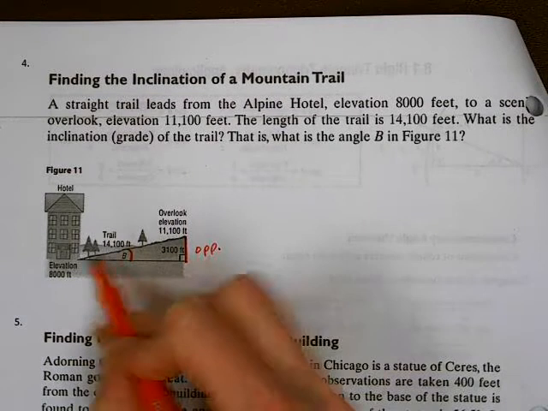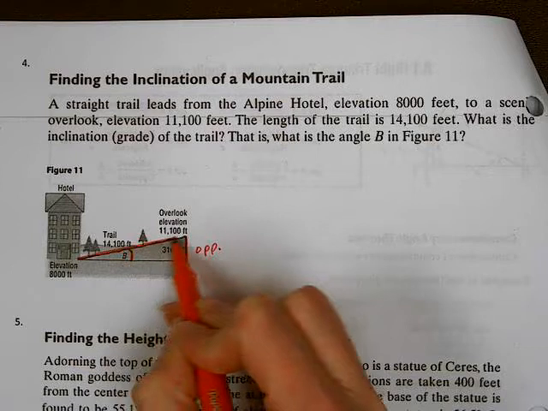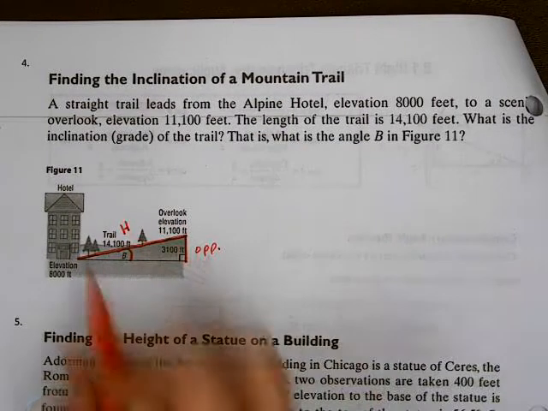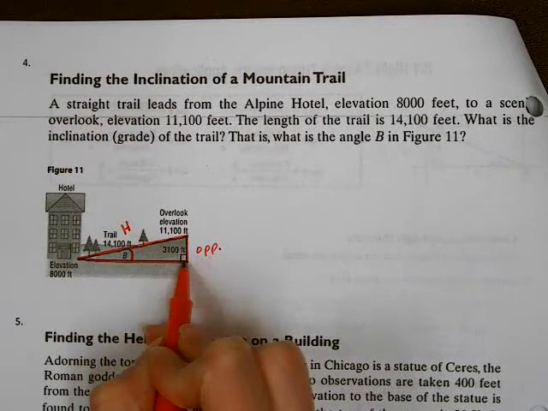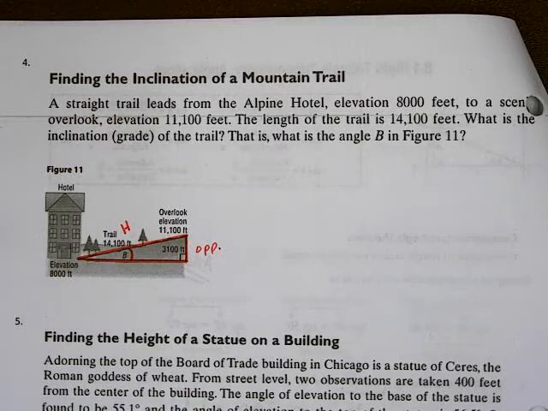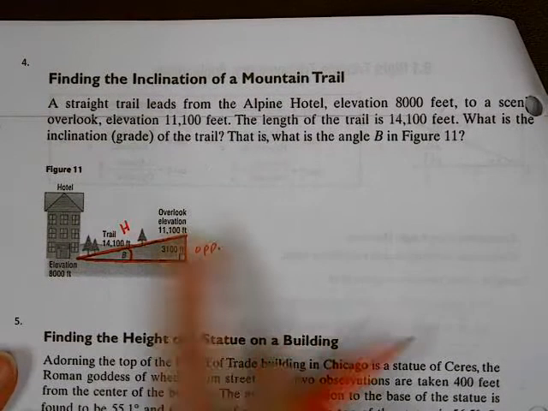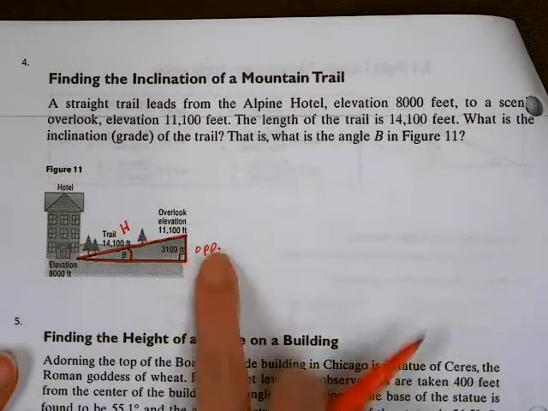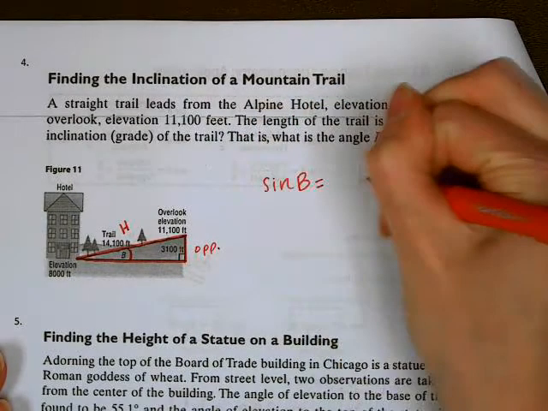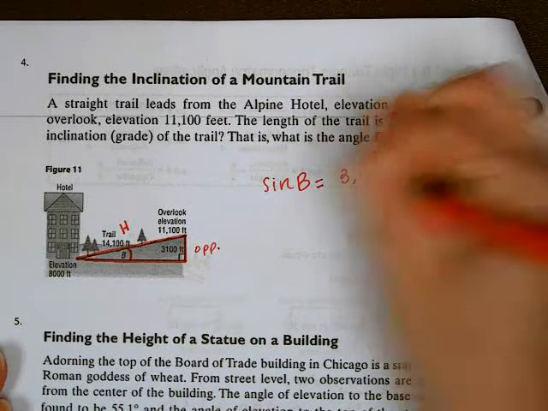And the hypotenuse here is 14,100. They want to find the angle that creates that triangle. They're calling that the inclination grade of the trail. When we have an opposite and a hypotenuse, that's O over H, that's sine. So sine of our angle B equals 3,100 over